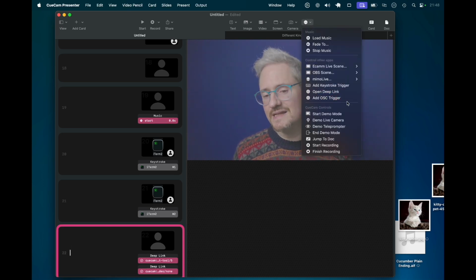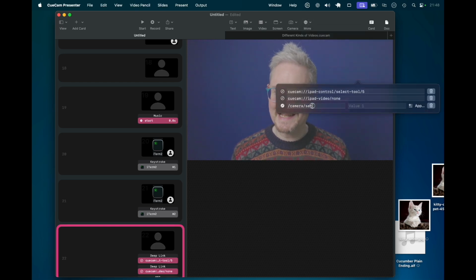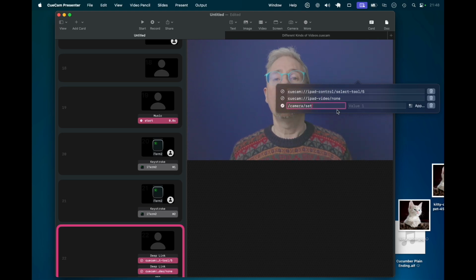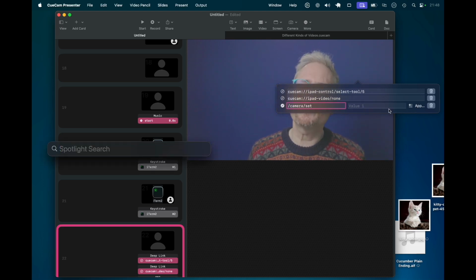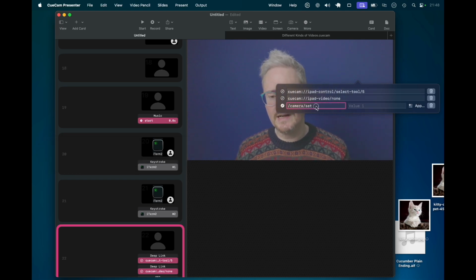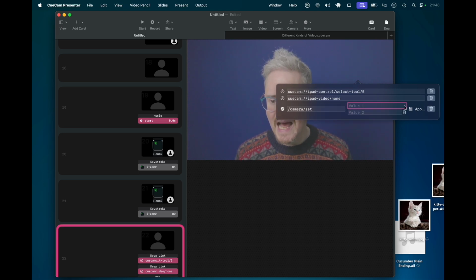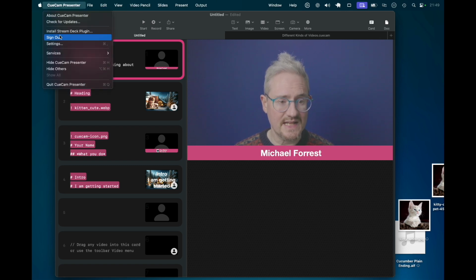The next thing, like this OSC trigger, is super esoteric. So OSC is a sort of standard protocol for controlling things over the network. Say you have something like music software, but what you're going to do is send a message, you're going to add a value, right? Or you can add multiple values in there, but you're going to have to select an app to send a control signal to. So, that means going into CueCam settings